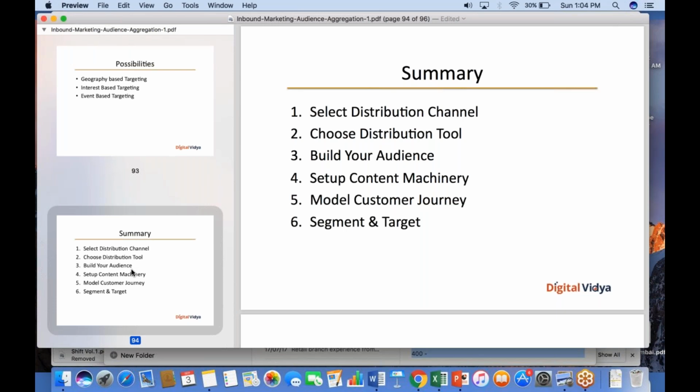You need to think through the ideal, optimum customer journey for your business, for your context, for the kind of product which you're selling. And obviously it needs to be segmented and targeted. It can't be a one size fits all approach. I gave you some examples of what kind of customer journey you would follow for a non-standard product such as, say, Digital Vidya's online digital marketing certification program being sold, versus a standardized product which an Amazon might be selling.